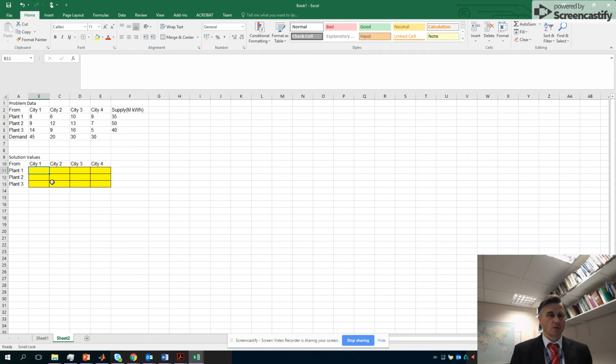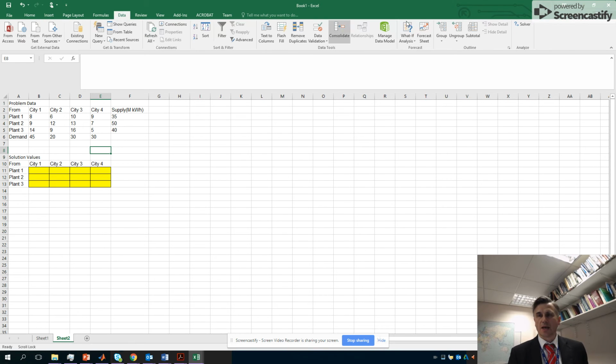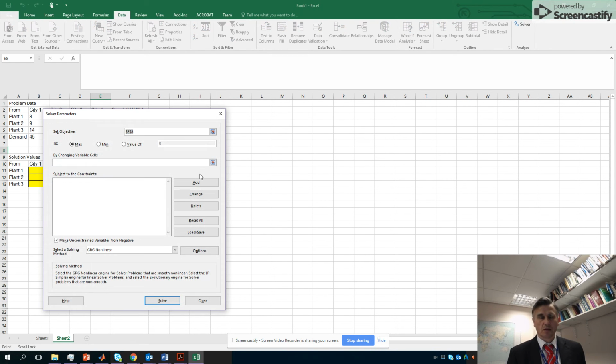We're trying to find the optimal solution, the one that minimizes the total cost of meeting the demand at each city, given the cost of shipping from each plant to each city, which is given in this data here. Okay, so now we can go to Solver. So if we hit the Data tab and click on Solver,